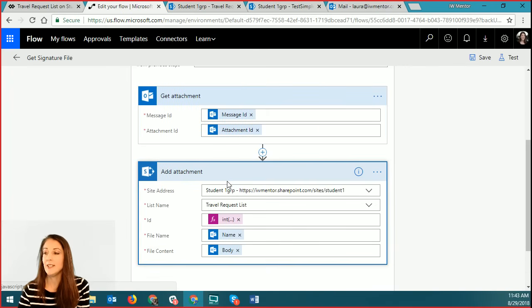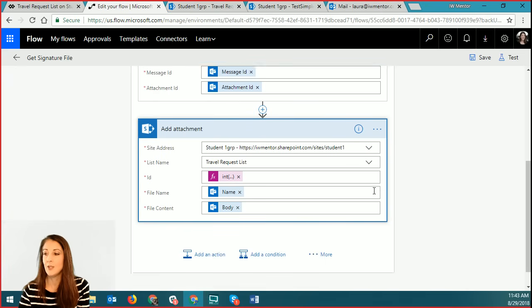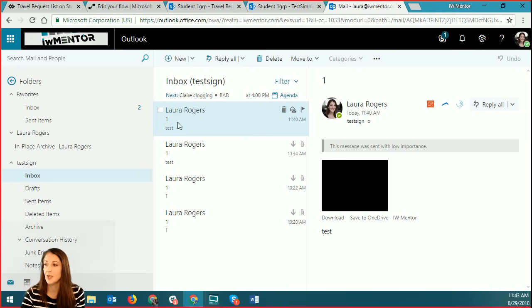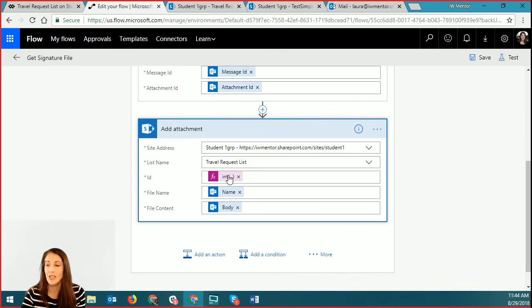And then I did add attachment to SharePoint. So this is get attachment from Outlook, from that shared mailbox, and then this is add attachment to this SharePoint list. So how do I know which item to add the attachment to? The subject of the email is just the ID of the item. So I'm taking the subject of the email